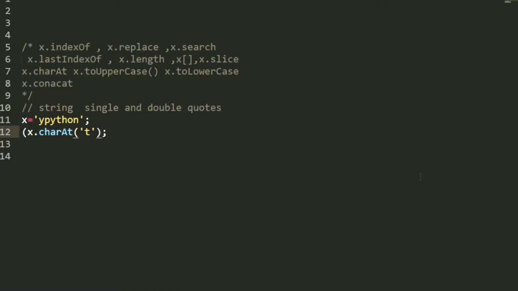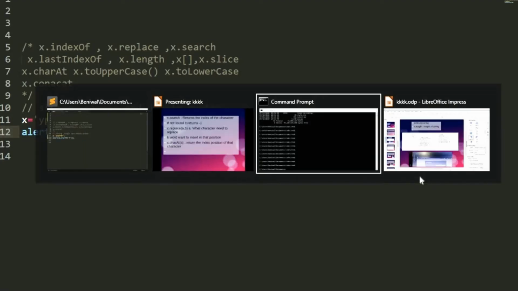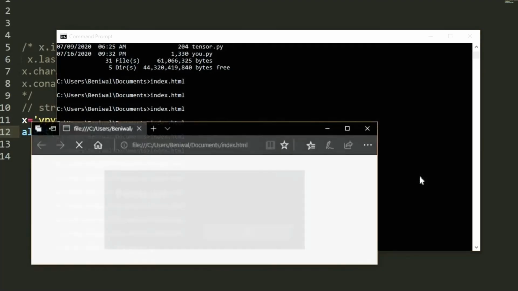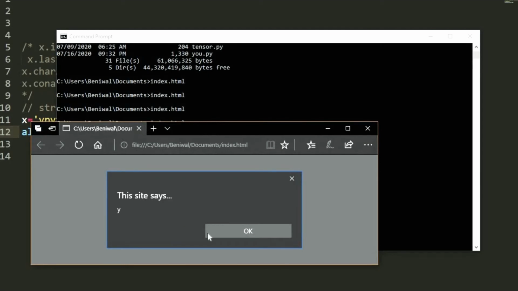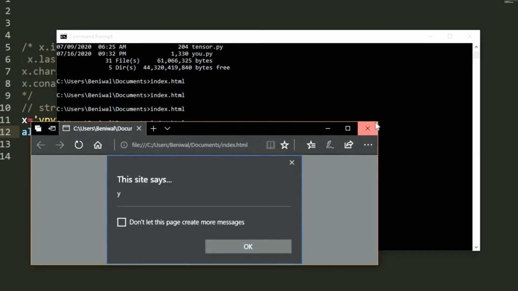and using alert for this also. So alert. Okay, saving this, and we got 0 1 2 3 in this case, and we got 3 in output, and we're showing you. So we got our y in this. Okay, so